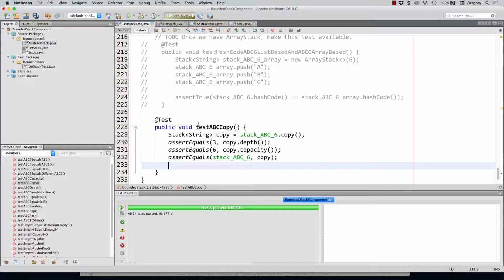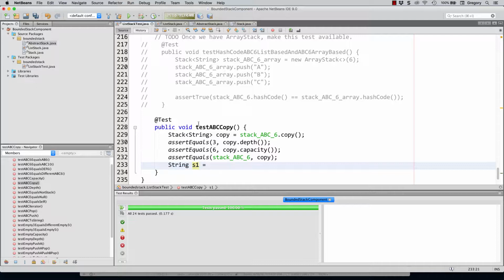So that should work also. And finally, I'm just going to check if the objects in the stack are references. We said we want them to be references to each other, so that means they're the exact same object. The way I'm going to do that is I'm going to say